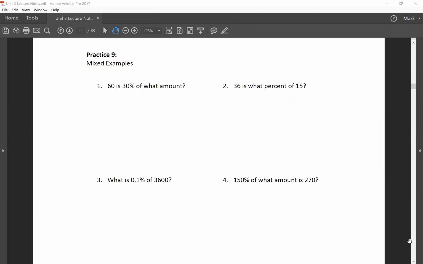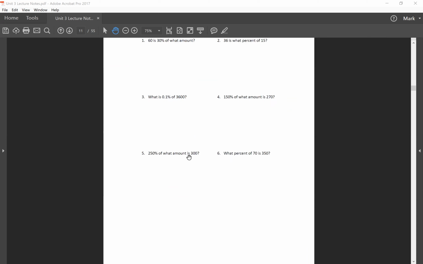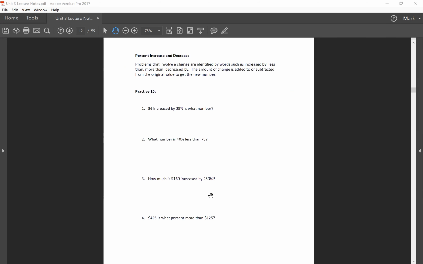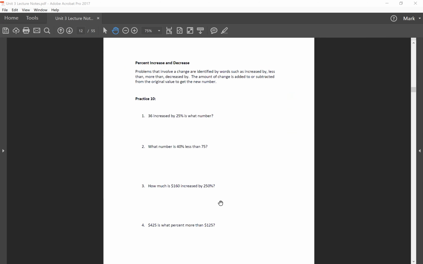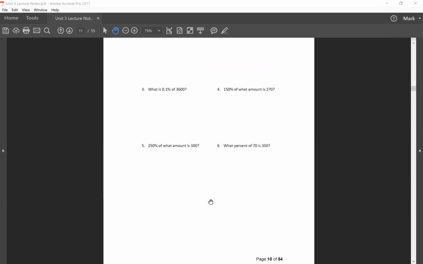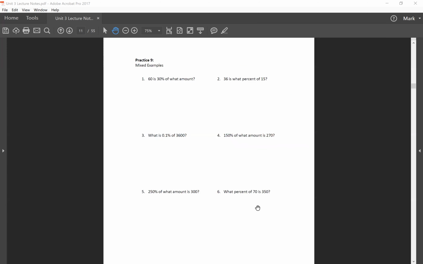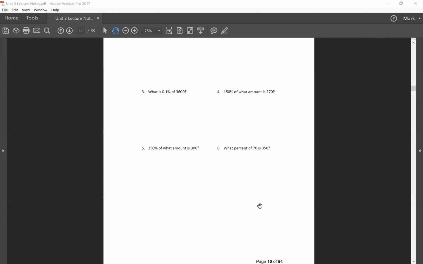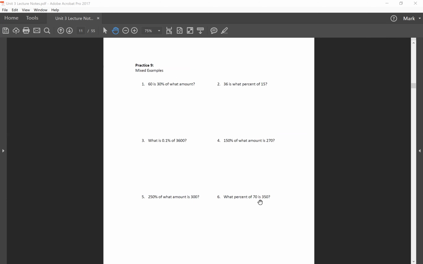Okay, practice 9 here is just mixed examples. I probably won't worry about mixed examples, so I think I will move into practice 10. But one thing I'll mention about page 10. So guys, page 10, you can try this on your own. This is just mixed practice. But one thing I'll mention is,